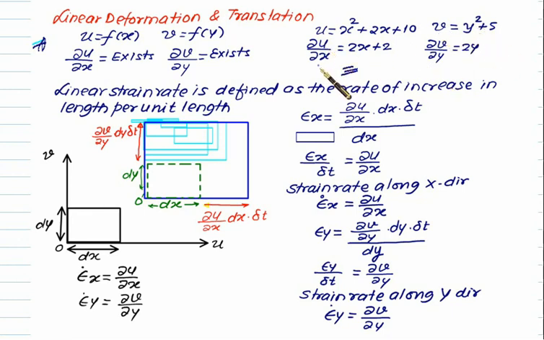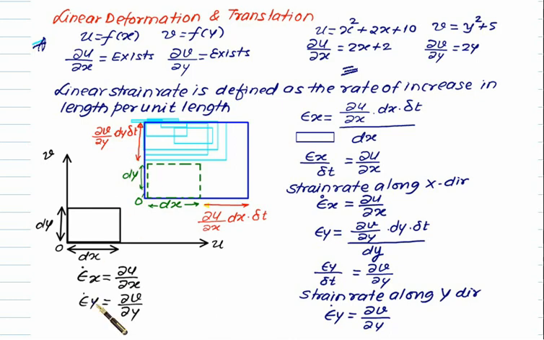So in the terms del u by del x and del v by del y, only the x component is present in the first, and in the case of dv by dy only the y component is present. Initially we have an element at the origin having dimensions dx and dy. Because of the terms del u by del x and del v by del y, the final dimension has changed. So the initial dimension is dx, the change in dimension is del u by del x into dx multiplied by delta t, and similarly the y dimension change is del v by del y into dy into delta t.